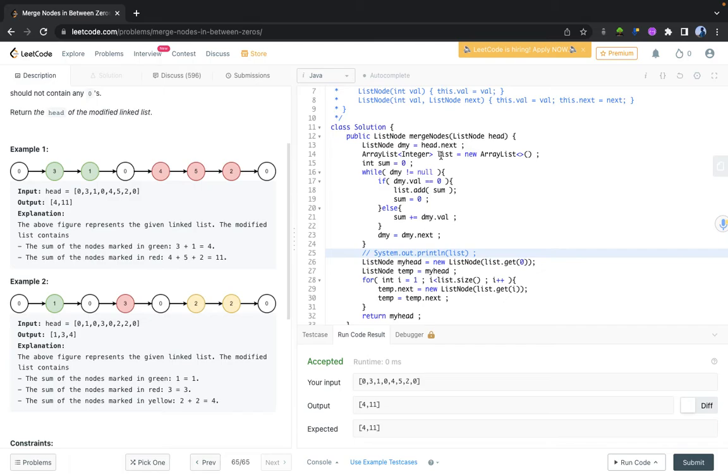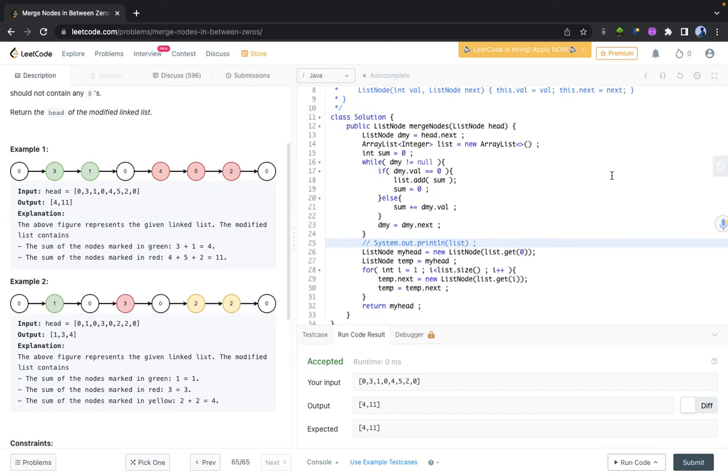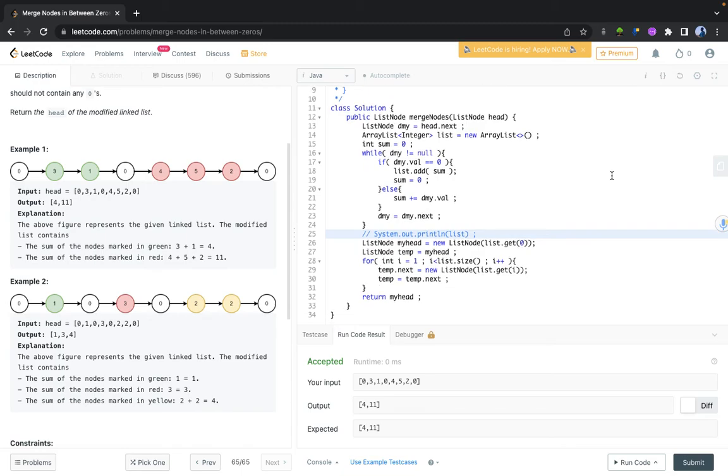We are using an array list of the same size as that of the list if there is no zero, if every zero is at the next point. So it's almost going to be O(n) space complexity, and the time complexity is going to be